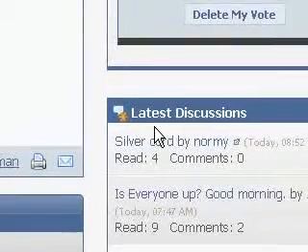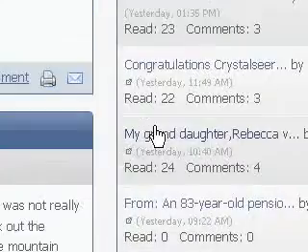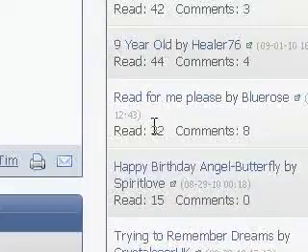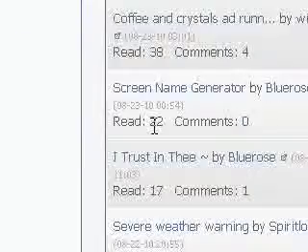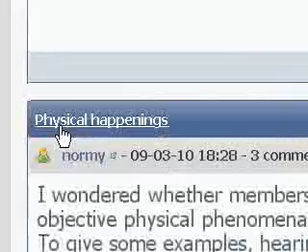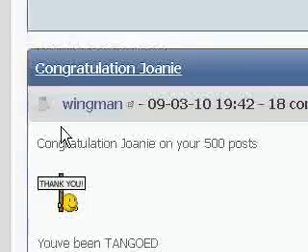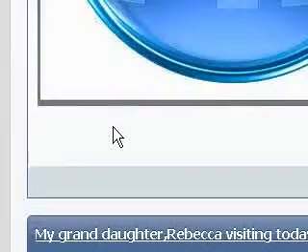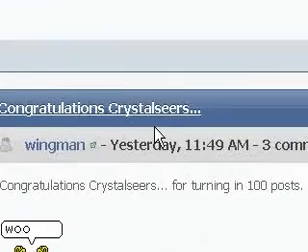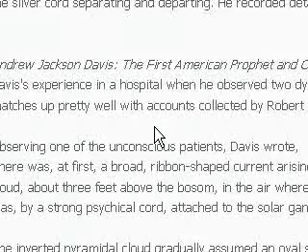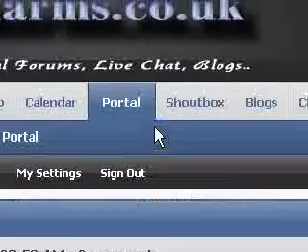And now we have a great big list of the latest discussions here. You'll see it goes back, great big list. And on the left hand side, of course, we have in detail just some posts. And that's the portal. It's just a big information sheet.